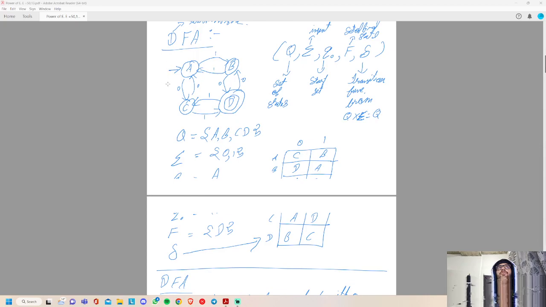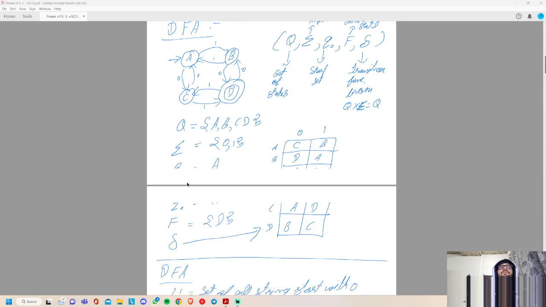Whenever any arrow from nowhere comes to any state, it is a start state. It's A. A little bit of tearing here because I made these notes on iPad. And what is F? F I am putting in a set, it can be many more than this, but in this case only one final state is there, so I am putting D here.